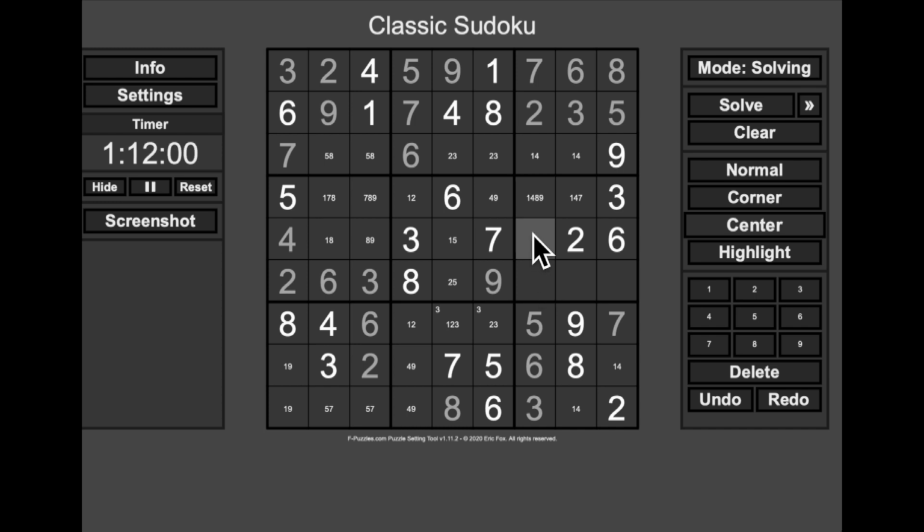This cell, 2, 3, 4, 6, 7 in the row. I see 2, 3, 6, 7 in the column. Oh, 5. So 2, 3, 4, 5, 6, 7. This is 1, 8, or 9. This cannot be 2, 3, 5, 6